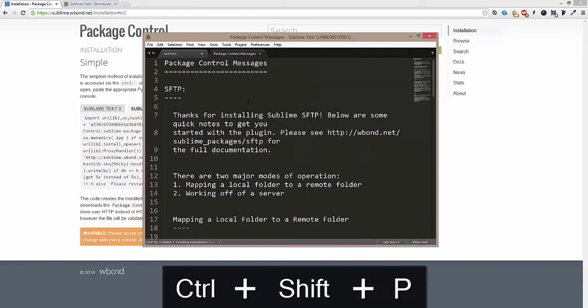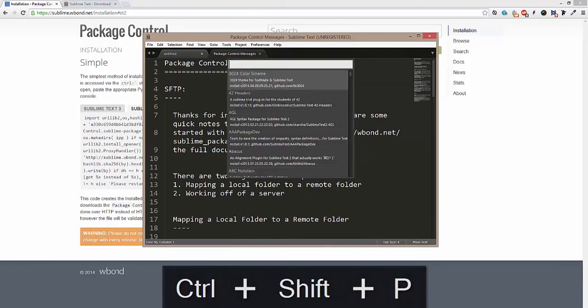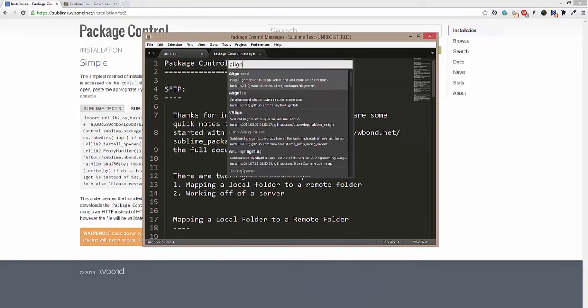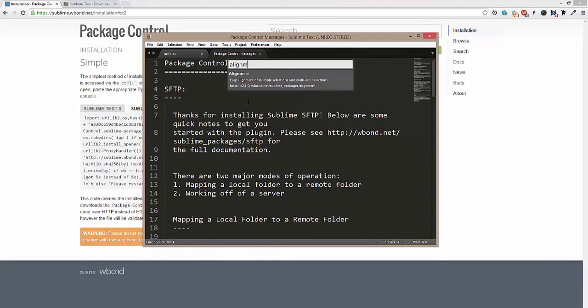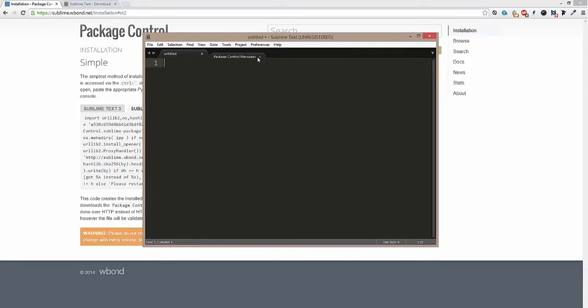And the other really great package that I wanted to recommend to you is Alignment. Not everybody agrees with me on having your CSS or code clean and aligned, but I like it. I would recommend that you do the same. Use Alignment for your code, and I'm going to show you later on what Alignment does, because first we need